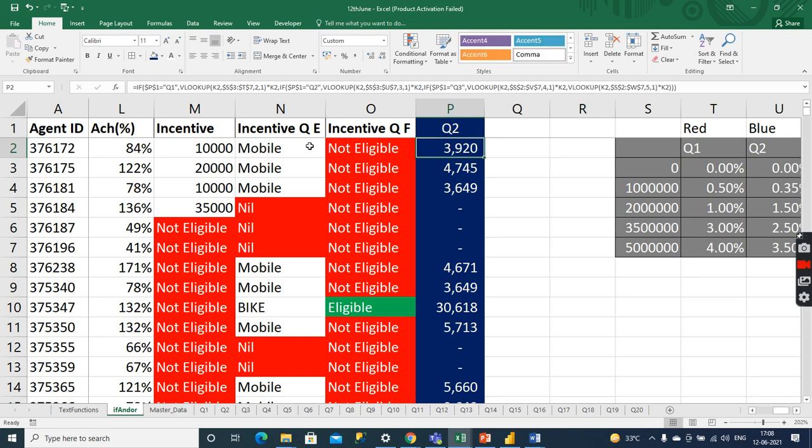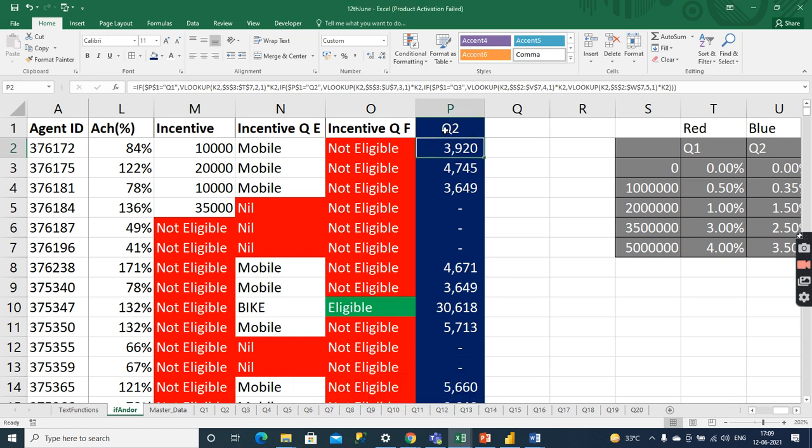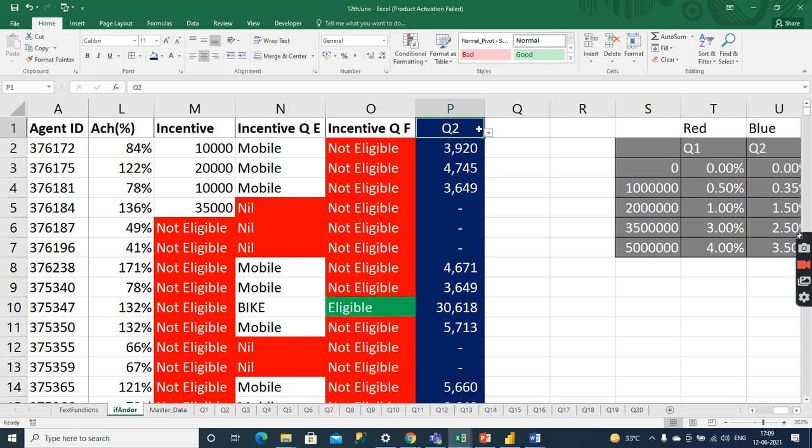Clear? Anyone have doubt in conditional formatting? I am selecting Q3. How is this changing?